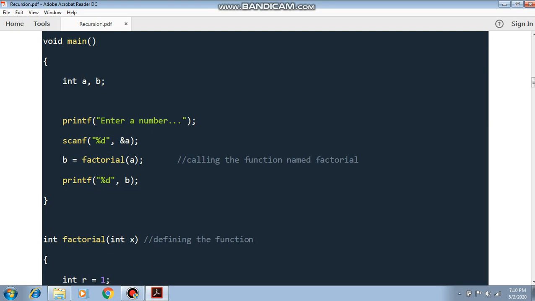So factorial(a) within the bracket means we are finding the value of a using the factorial function, and printf prints the ultimate result stored in b, and it will give the output. So in this way we can do the recursion.